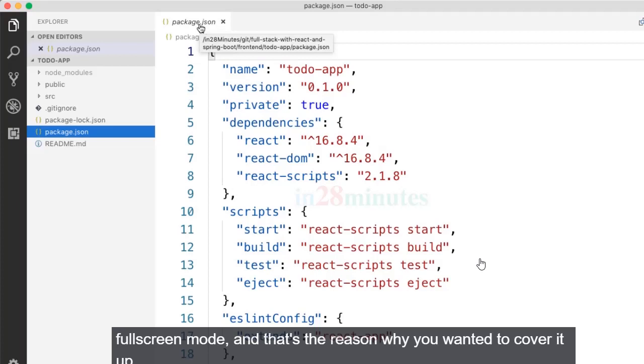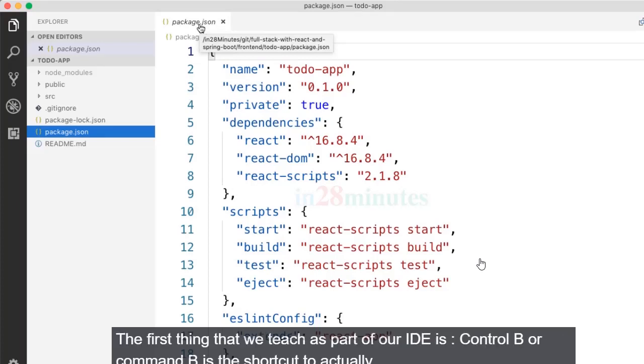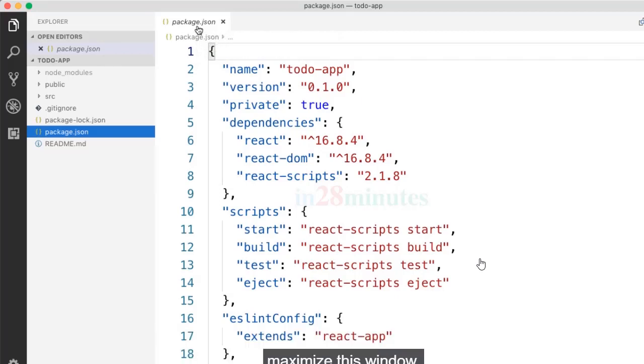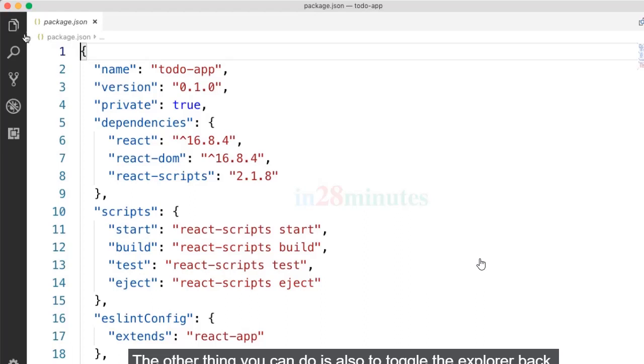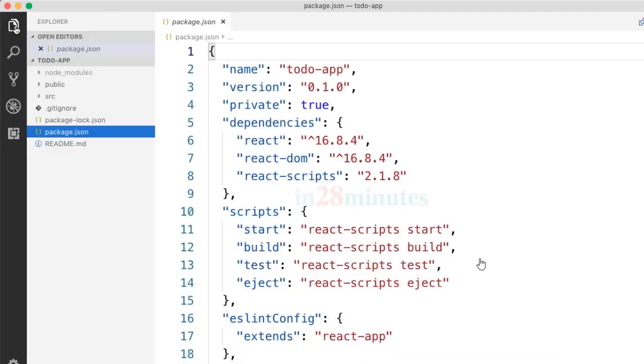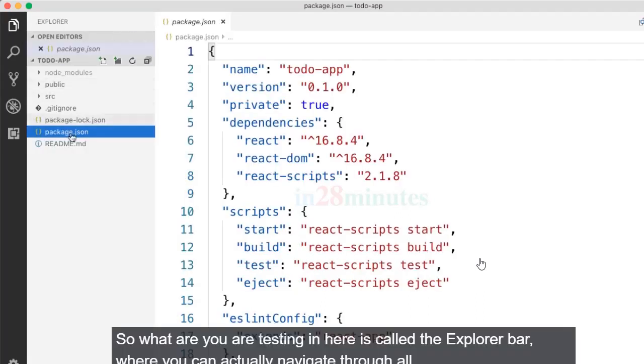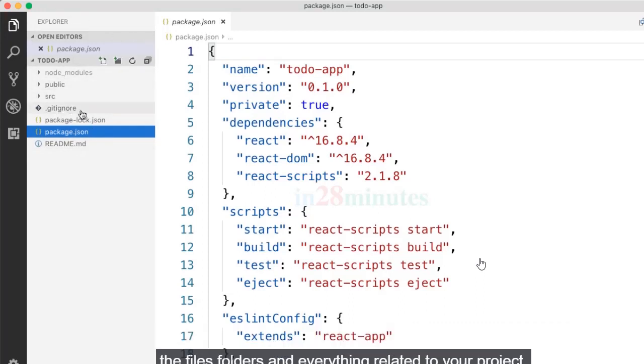That's the reason why we wanted to cover it as the first thing that we teach as part of our IDE. Control B or Command B is the shortcut to maximize this window. The other thing you can do is also to toggle the Explorer bar. Whatever you are seeing in here is called the Explorer bar, where you can navigate through all the files, folders, and everything related to your project.